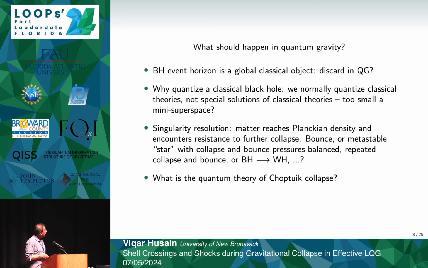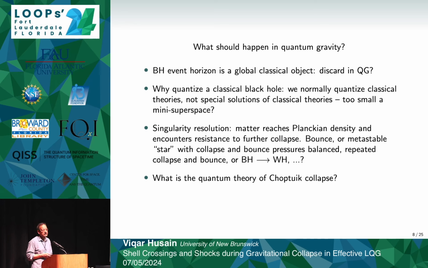And then you can get repeated collapses and bounces, perhaps, because there's a bounce, matter goes out, gravity pulls it back in, bounces back out. Or you get something like black hole to white hole transitions, or something no one's ever thought of. So it's really open, but the main feature in that point is that we should have singularity avoidance. And ultimately, the kind of question that I like to think about is, what is the quantum theory of Choptuik collapse? And as you know, this classical numerical work done by Choptuik with scalar field and spherical symmetry yielded a really rich classical structure for collapse.